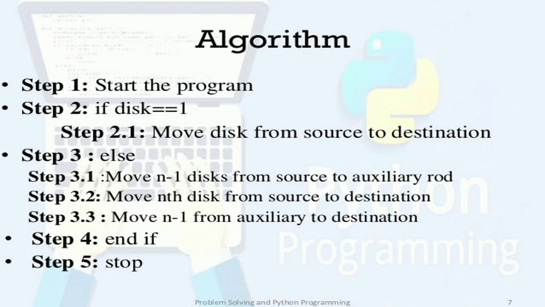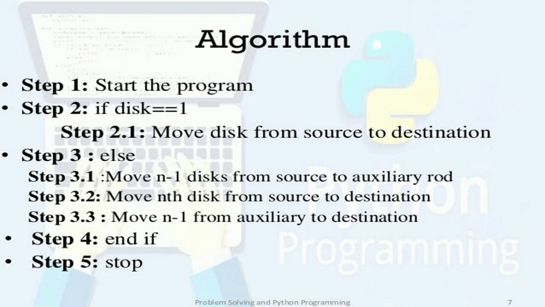Next, the algorithm. In the first step, start the program. In the second step, if the disk is 1, that is, the total number of disks to be moved from source to destination is 1, then move the disk from source to destination in step 2.1. In step 3, else if the number of disks is greater than